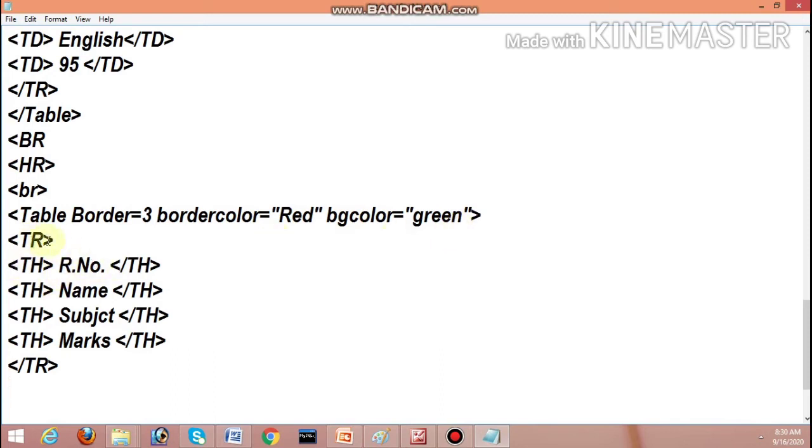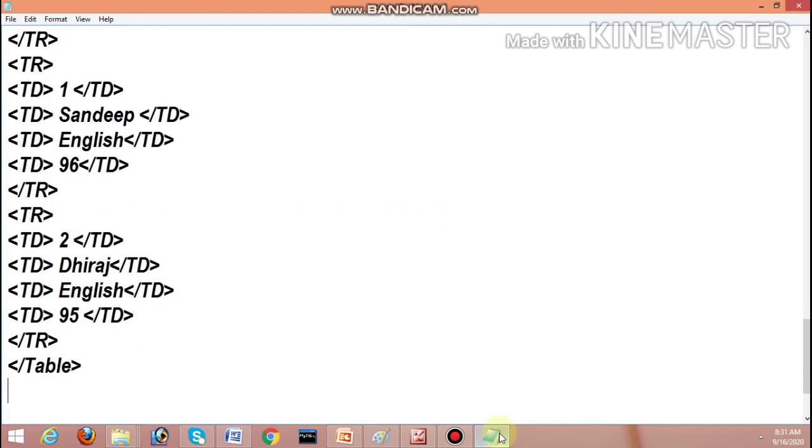Next we insert the other rows. Two rows are inserted again, first roll number and second roll number, close it, and the table should be closed.